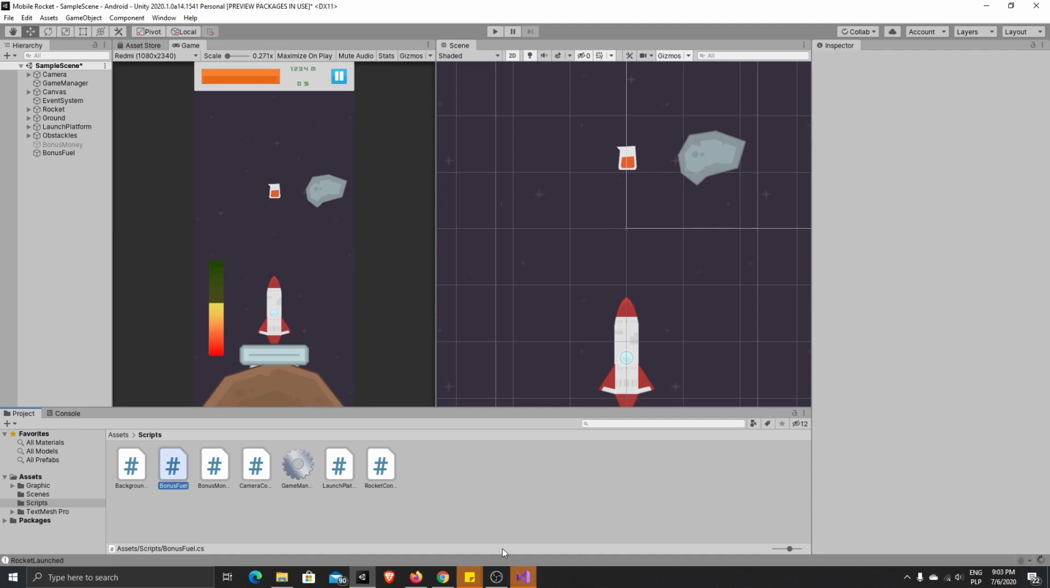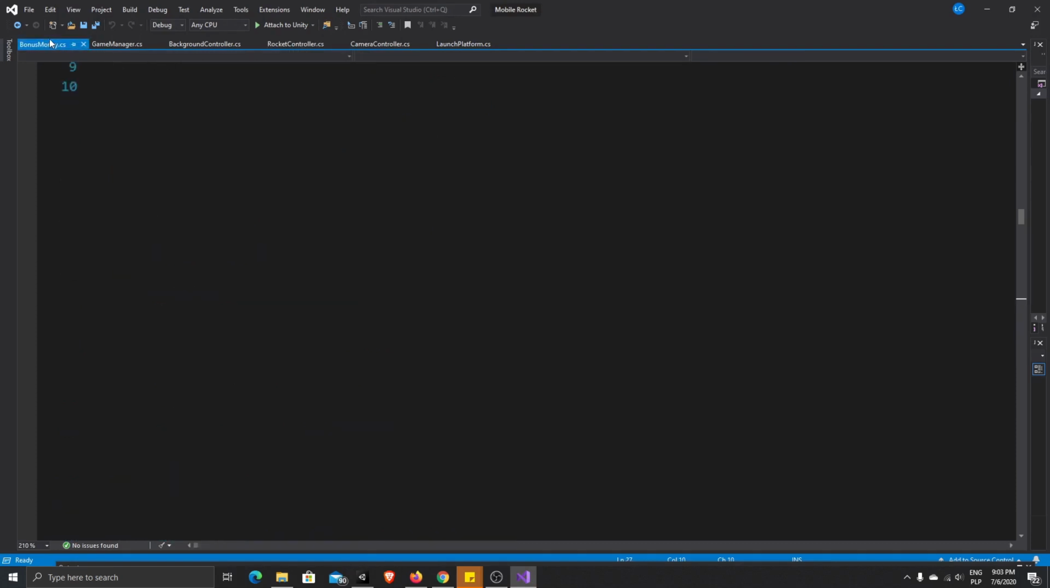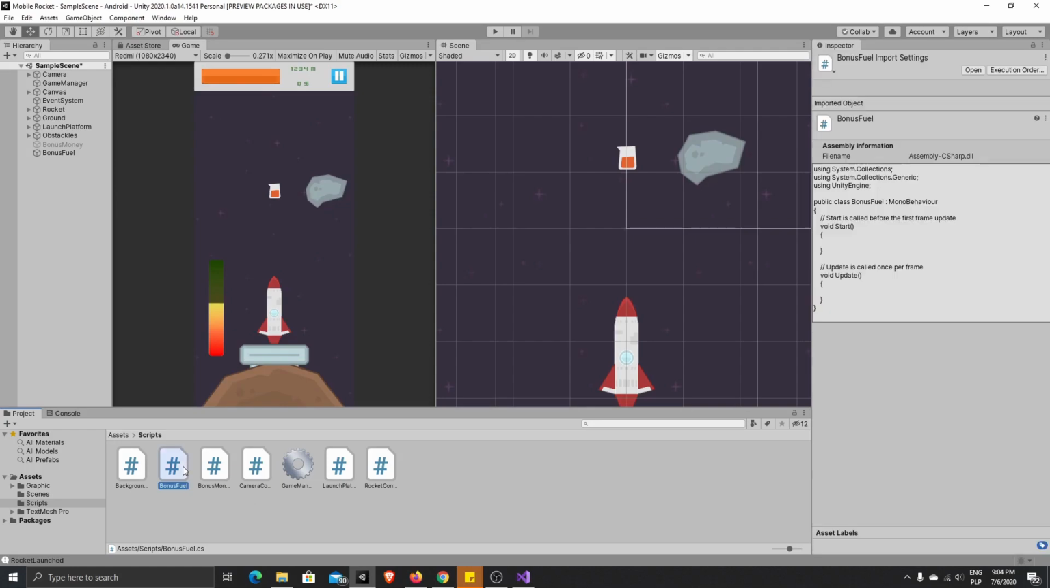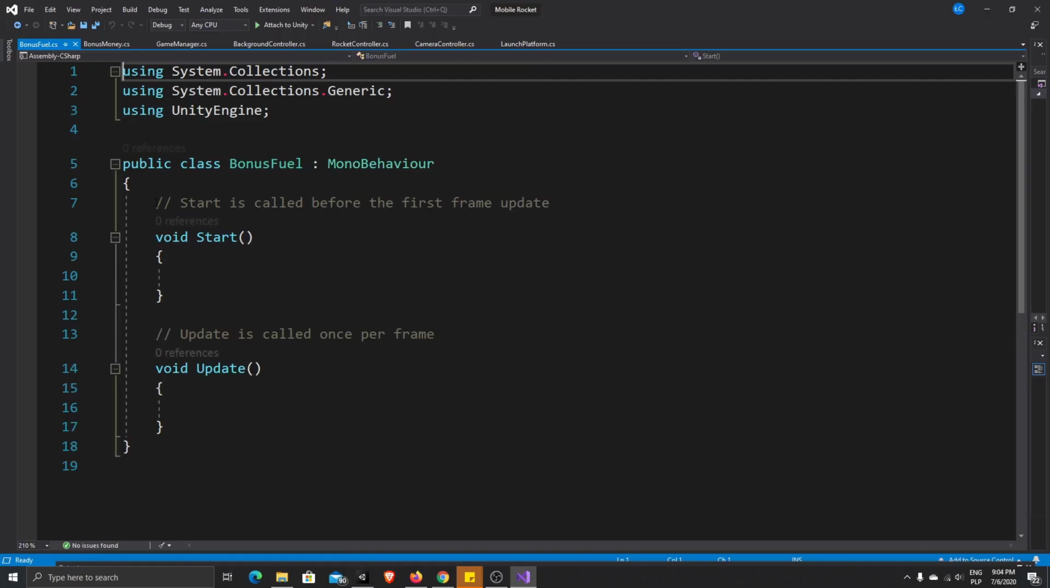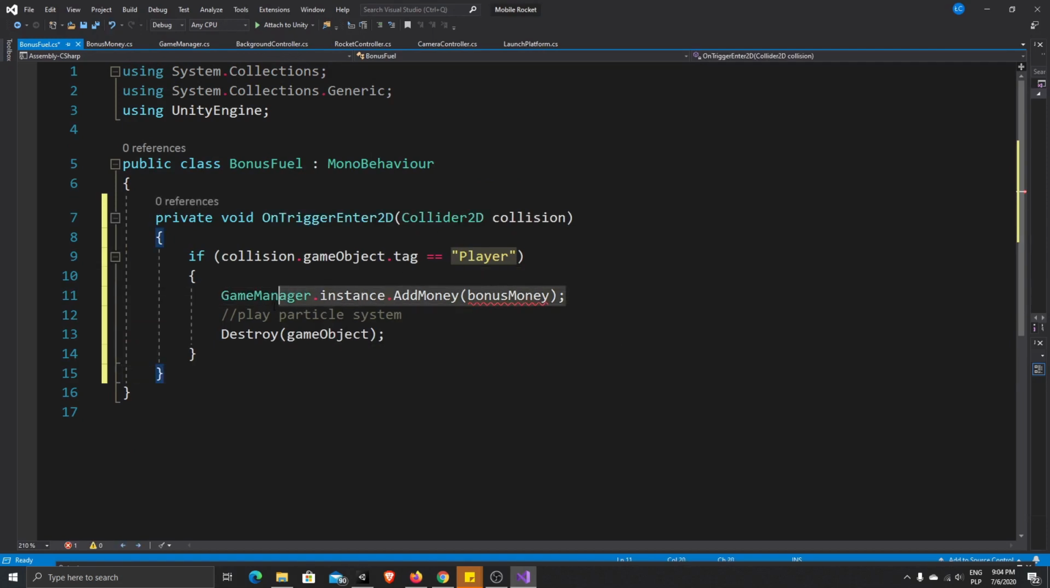So this script will not be the same, but we can copy this from OnTriggerEnter2D, and where is our bonus fuel? Here. We can just replace all of that, and here we need to change that line. So now we need to call our rocket controller,